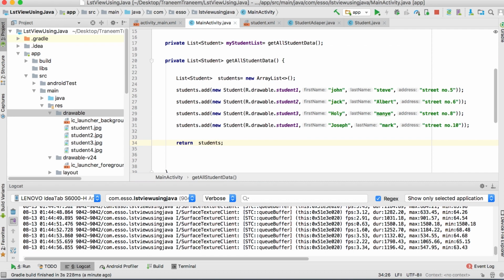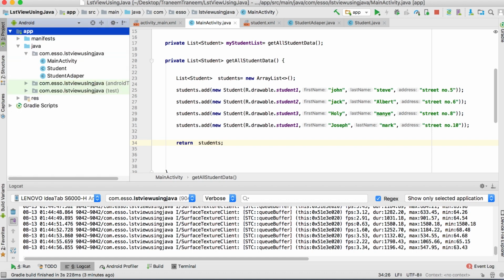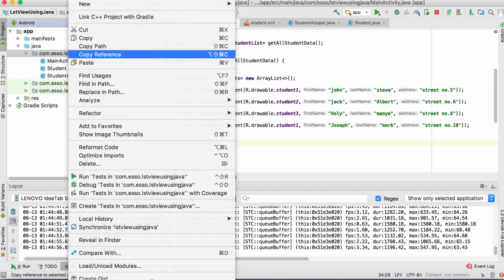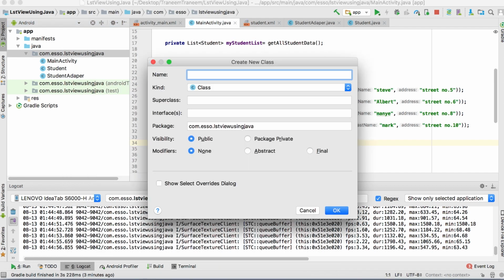So in our package, right click, create class, name it DetailsActivity. Okay,